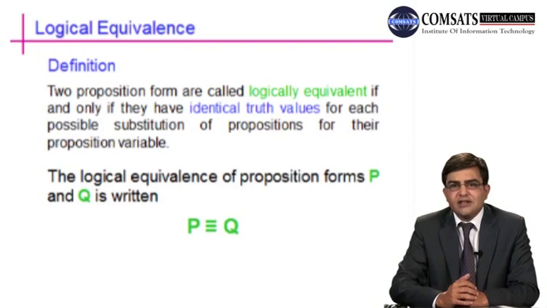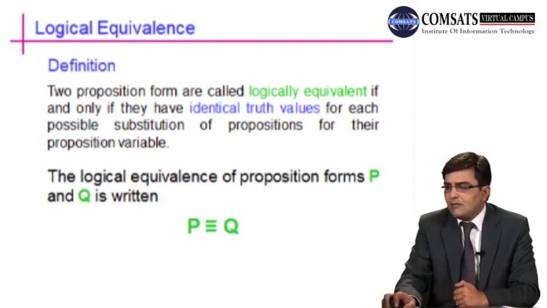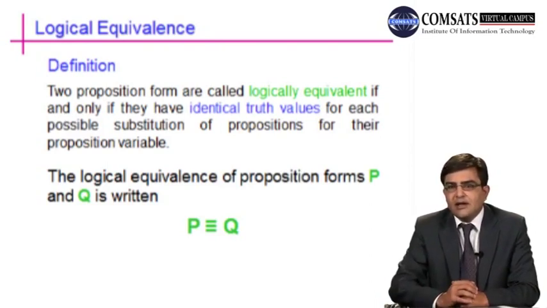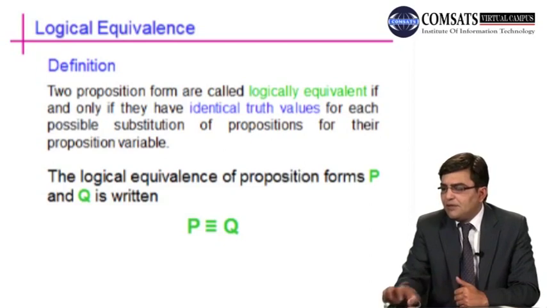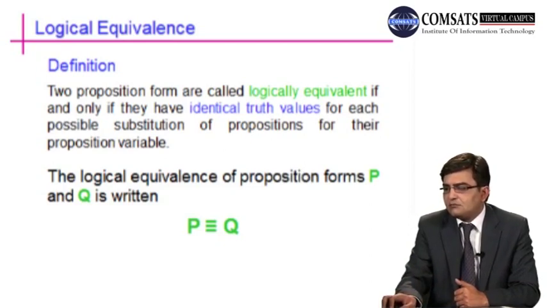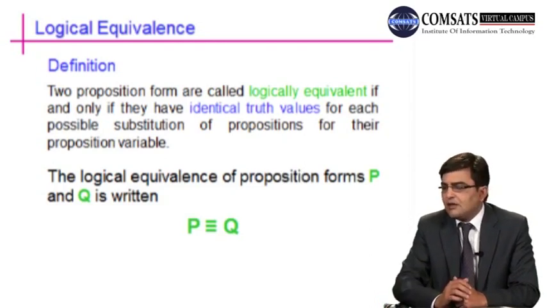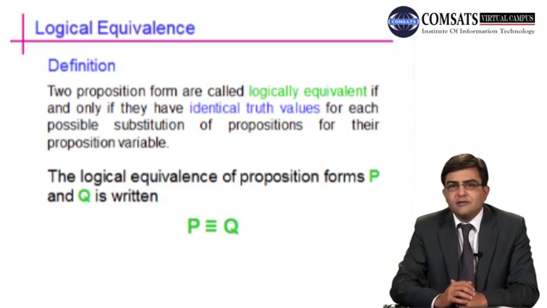We denote a logical equivalence of two propositions as P is equivalent to Q, and the sign between P and Q is called the equivalence. So if we have the logical equivalence between two propositions or two compound propositions, we will write them as,